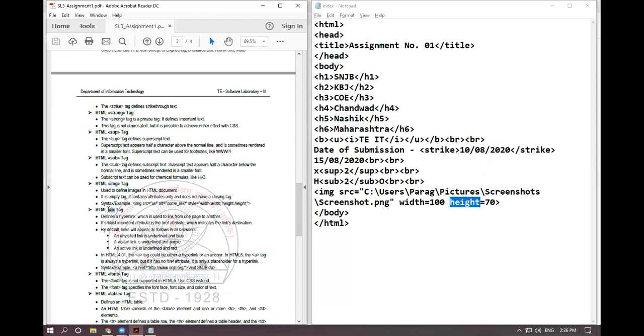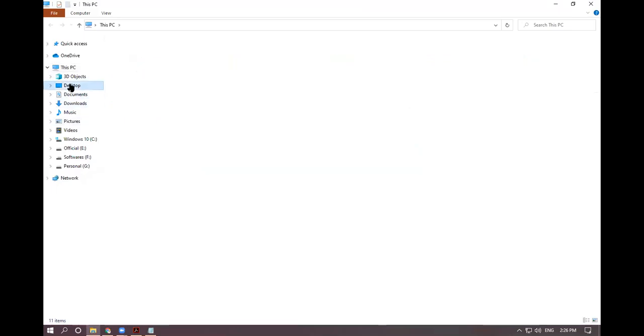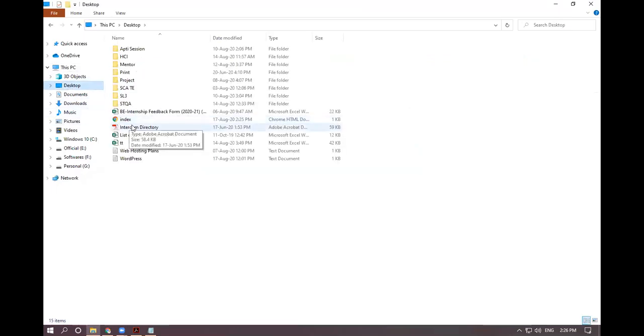Then the a tag. The a tag is used to give a link to another page. The full form of a is anchor. A stands for anchor tag. The syntax is a href is equals to double quote. You are going to give the location of any file. Suppose I am linking this file. I want to link this PDF file. So what will I give?